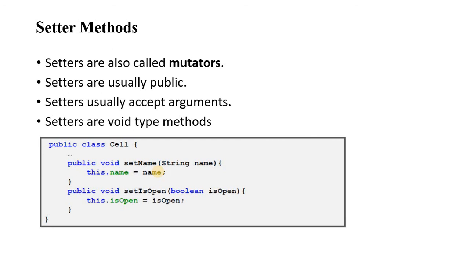So getter and setter methods are the most important methods. The setter method sets a value for the private variable in the class, and the getter method is an accessor that is able to get the value from the private variable in the class. So this is all about the object oriented concept we discussed in this video, and I will prepare a separate video for the demonstration.